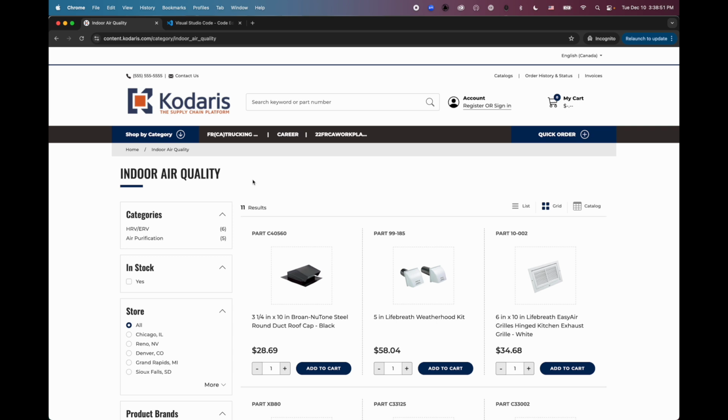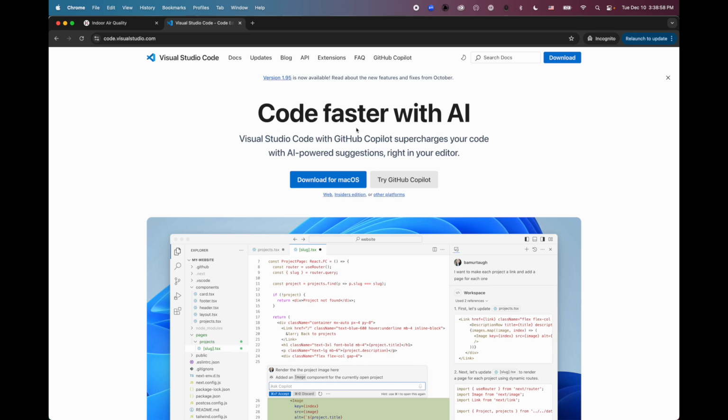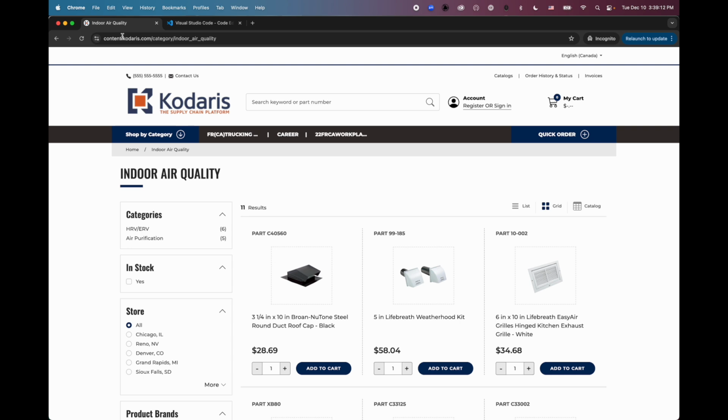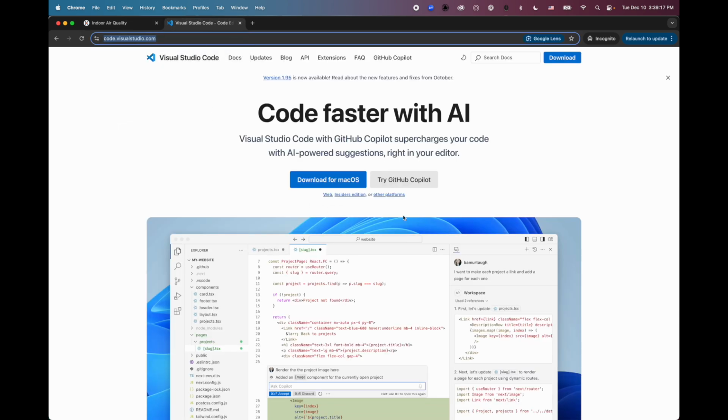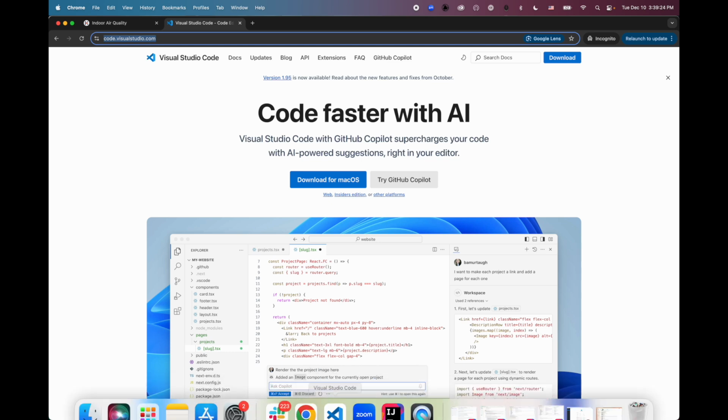So what we're going to need to do first is install a code IDE, and the one you'll want to use is Visual Studio Code at the link here. In this IDE, you'll be able to connect to your Codeiros website and make changes to the website templates in real time and develop new functionality. So make sure you have this IDE installed and downloaded. I already have it installed here.